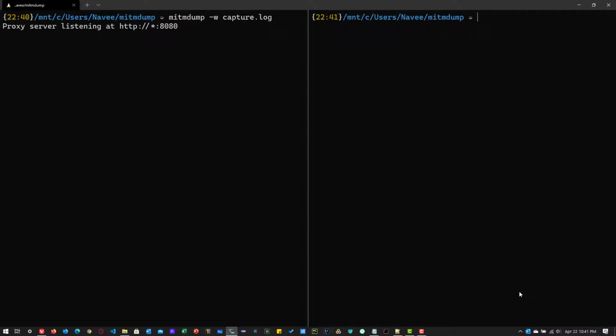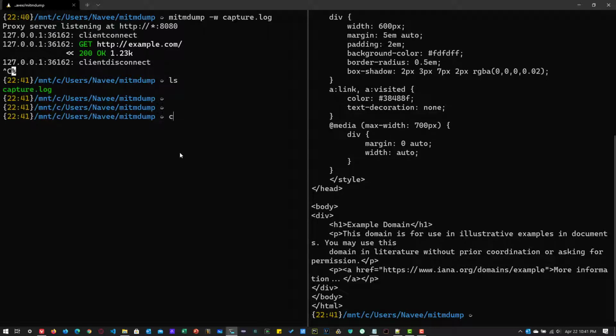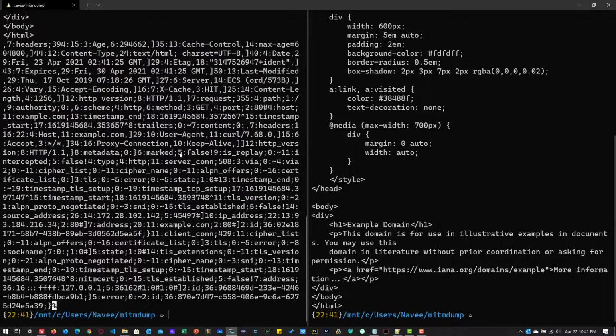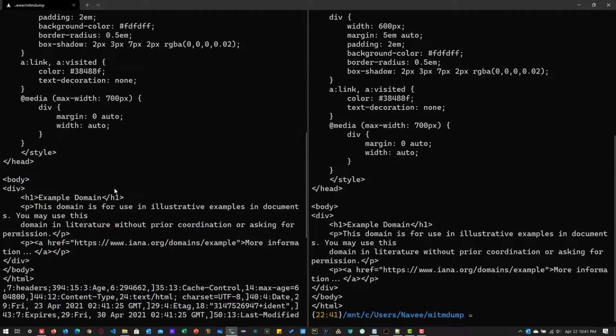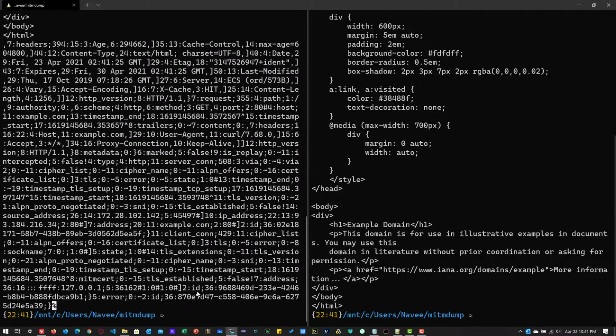On the right side, I'm going to issue the command for example.com, and then I'm going to terminate my MITM Dump. And if you open capture.log in the current directory, you can see the content. This will display the response of example.com and other details. So this is how you capture the information to the log file, and you can replay it later.